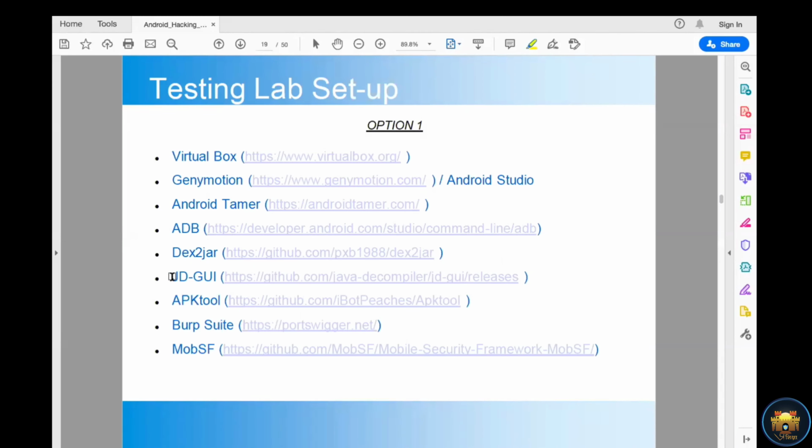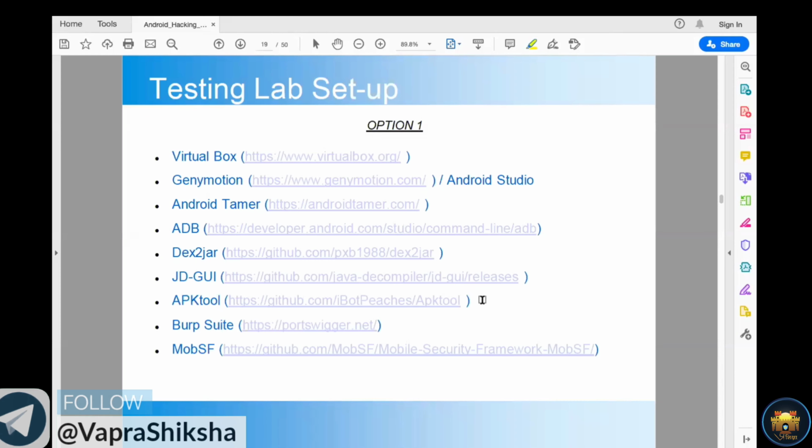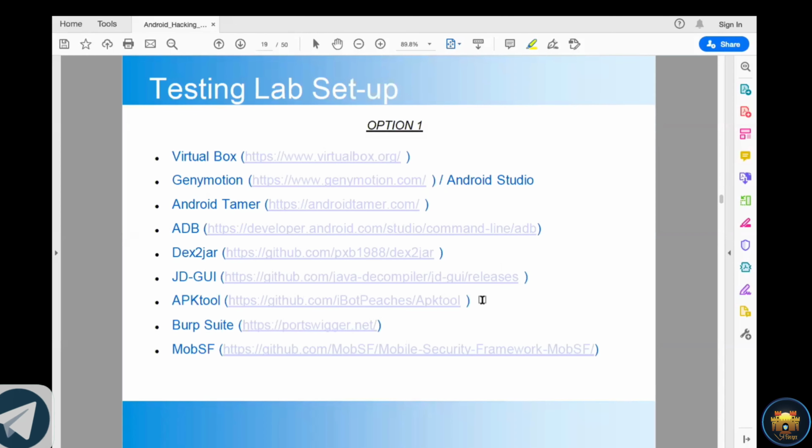We will be using the JD-GUI tool for opening the jar file, so that we can understand the Java code. APK tool is also a decompilation tool which can extract the manifest.xml file, and it gives some of the code, right?